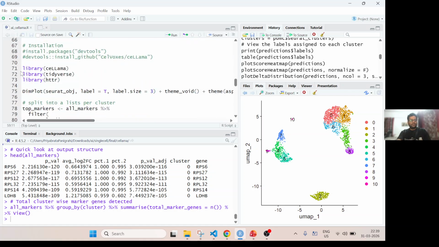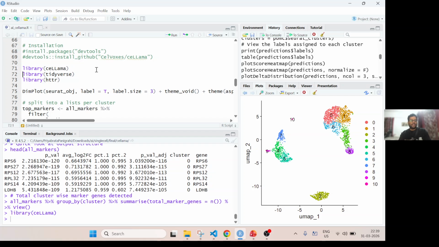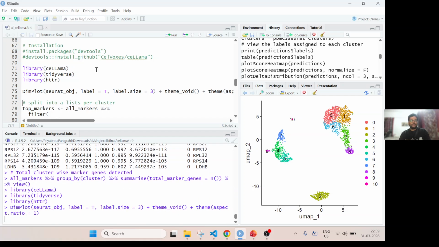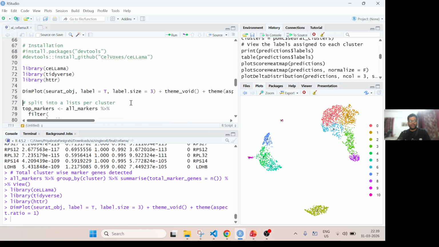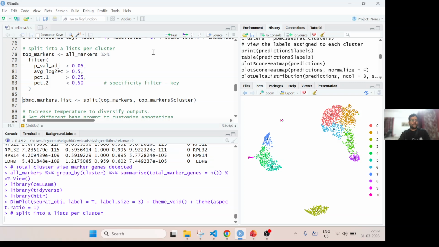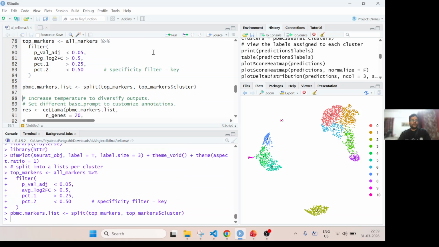These are not the top markers. So let's load this library CellLlama and some other libraries. This is the same plot. So now let's do the top markers, and we need to split that into cluster-wise. So that's what I have done. If I just show you what it means,